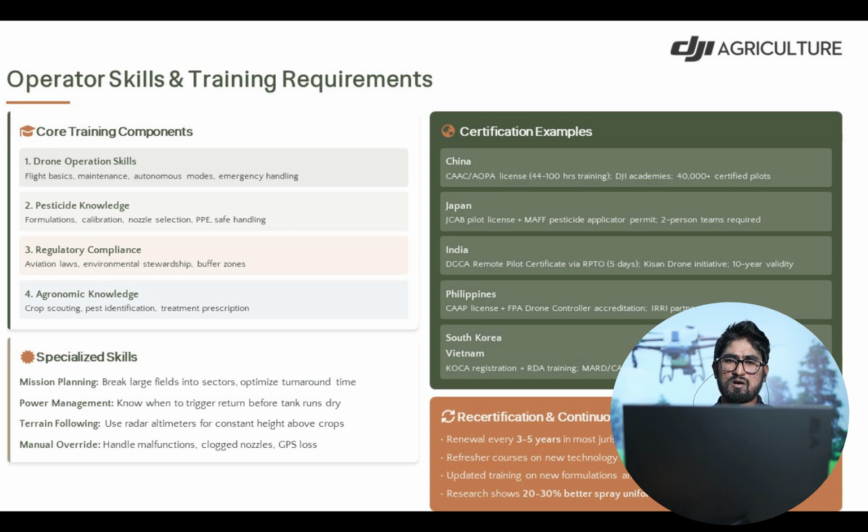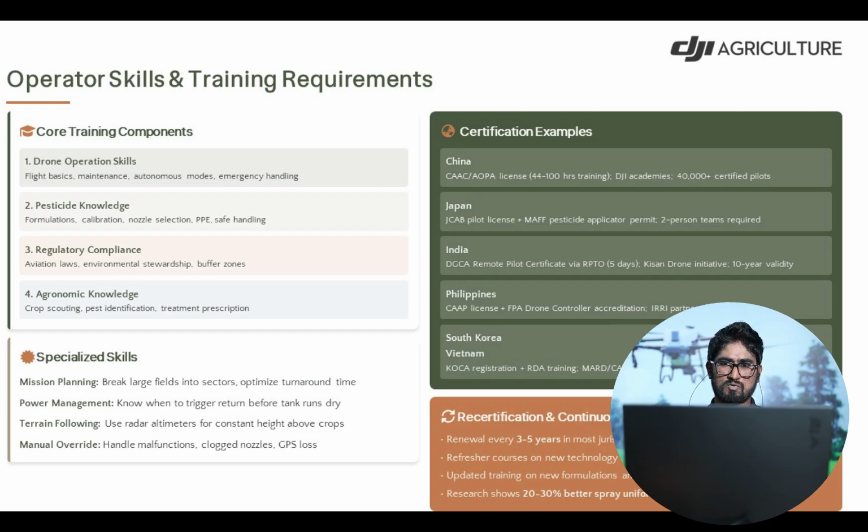Most countries have already built up regulatory frameworks, like China, Japan, India, South Korea, Australia, and New Zealand. These countries have already established frameworks for dedicated standard operating procedures and certifications. Most developing countries are still developing such frameworks, and most countries in Africa and Asia are at an early stage in developing standard operating procedures.